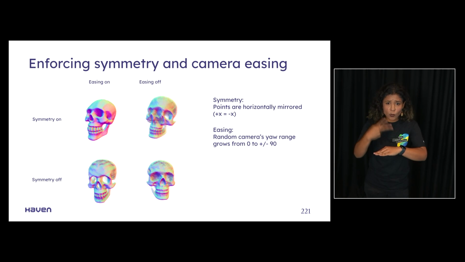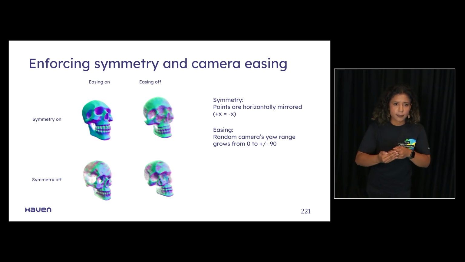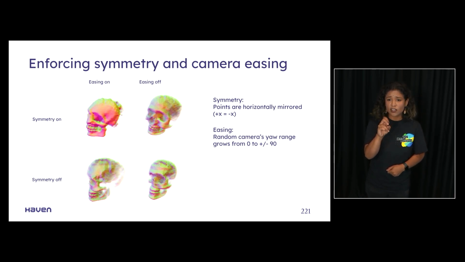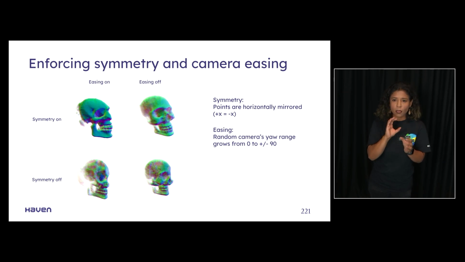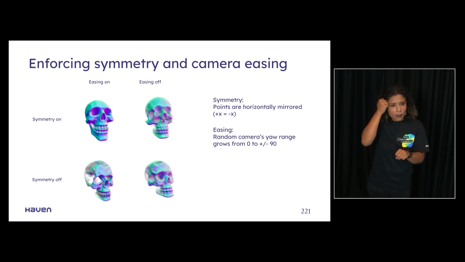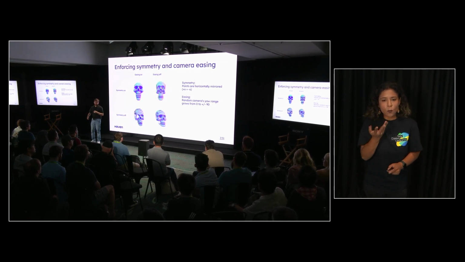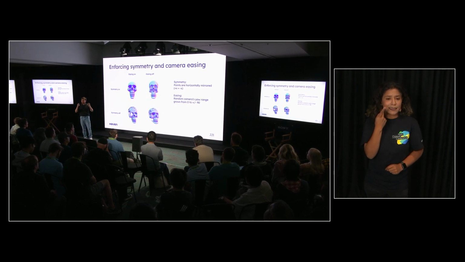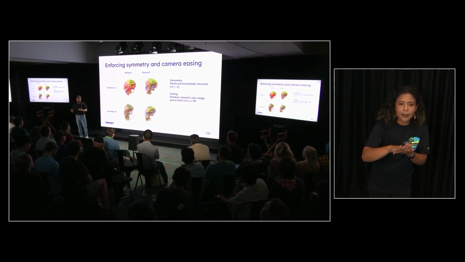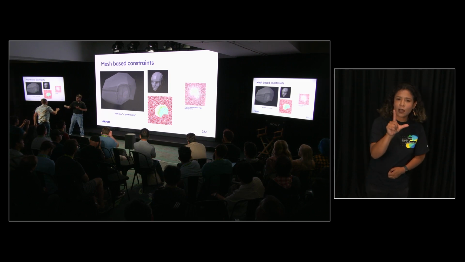And camera easing is, in all these techniques, when you're generating a shape, you're rendering them from different perspectives. And so if you render the back and the front, it's going to try and put a face in the back and in the front. To alleviate that problem, you want it to slowly generate the shape from the front and ease that camera all the way to the back, so it can do a complete face generation. And both of these together really push those results further to get you a clean, nice asset that you can maybe export.